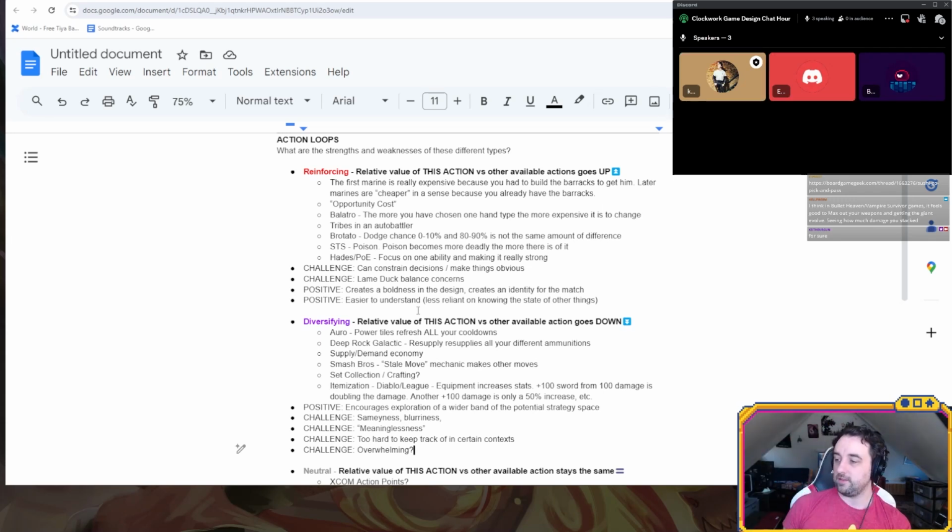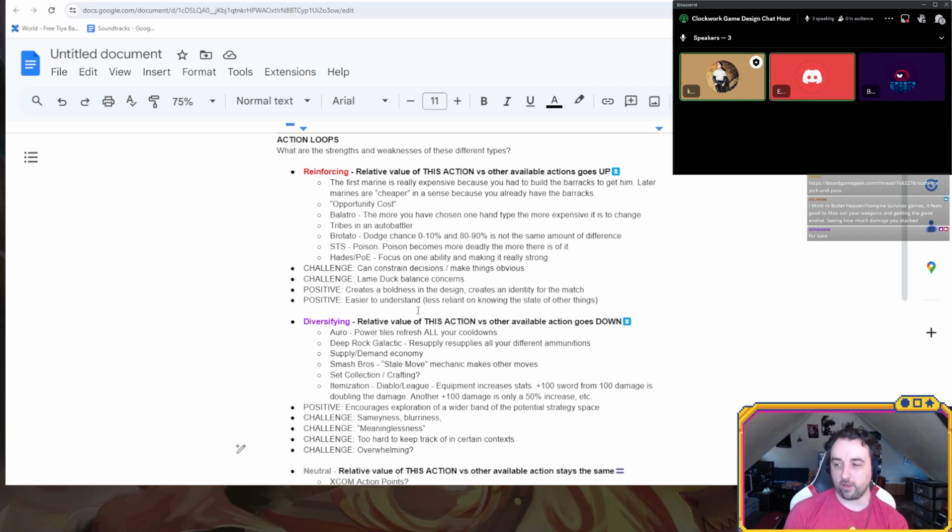I don't know if I have any other notes of what to discuss. So you can be just reinforcing with a reinforcing loop, exploring the edges of the strategy space, if that makes sense. With diversifying, you're exploring the middle, if that analogy works. Oh, I see.